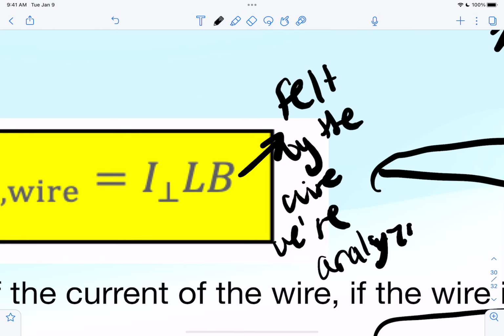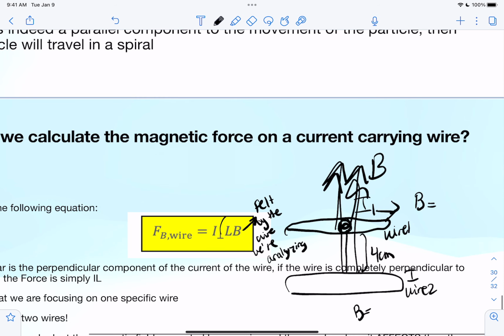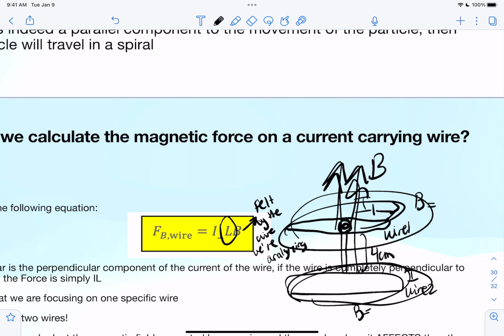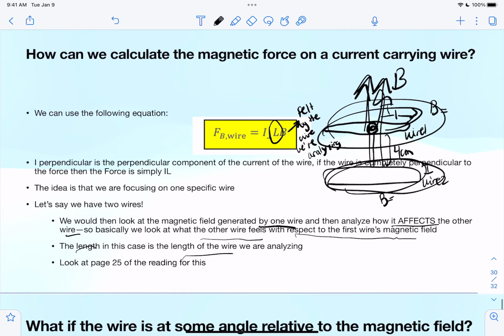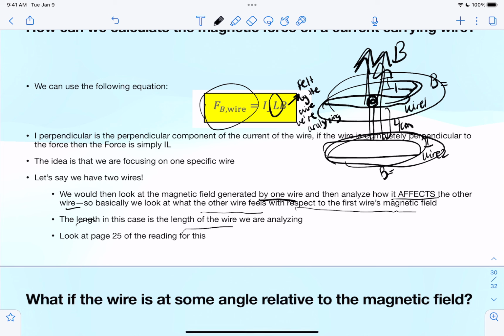Right? And then length is the length of the wire that we're analyzing. So we're not using this length, we're using the length of the wire that we're looking at. And then, yeah, that's pretty much it for the magnetic force that a wire feels. And you could look at page 25 for a little bit more detail,